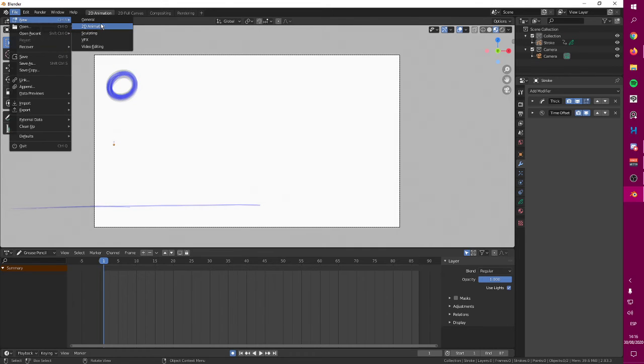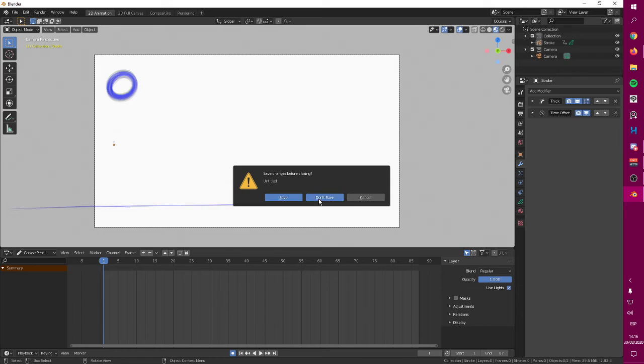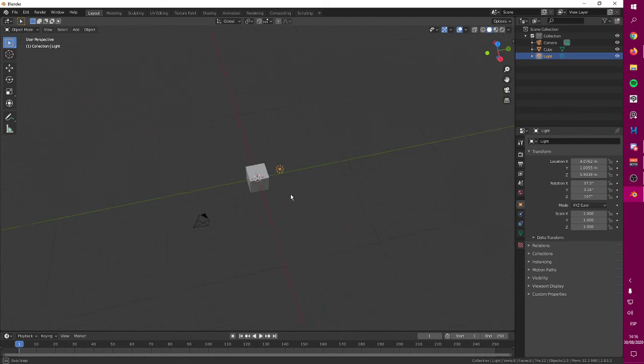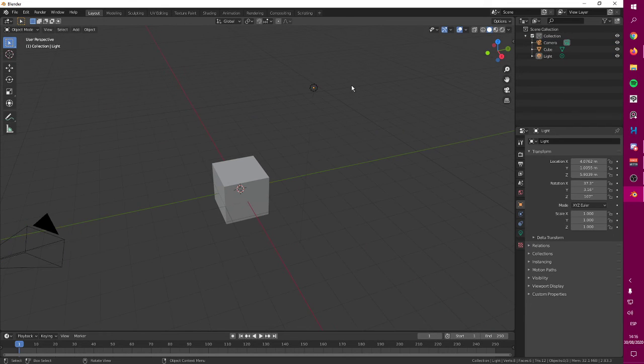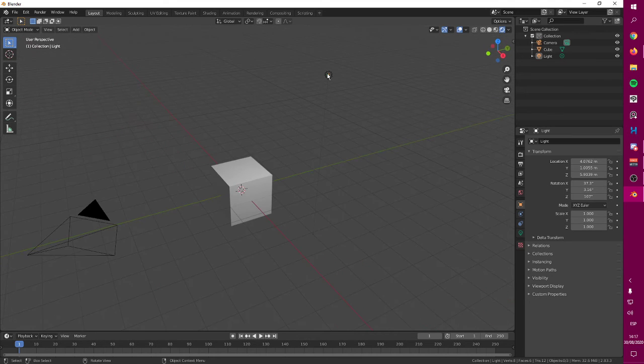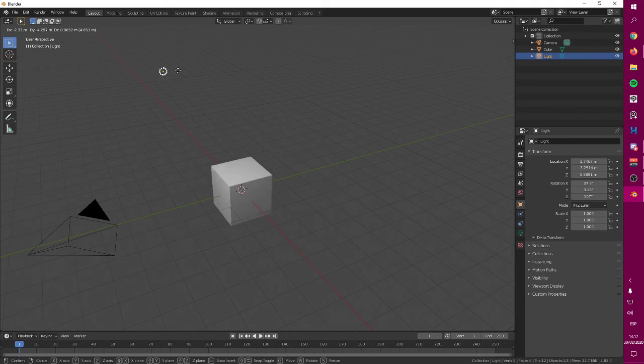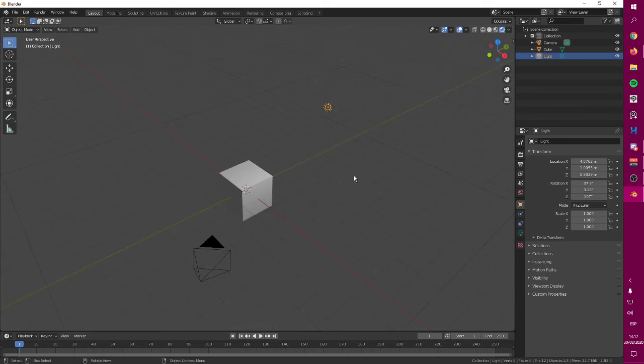One last thing that I want to talk about before I go, and I want to create a new file. You can always start on 2D animation, but you can also start on this general thing. And if you start in here, Blender is going to give you these options. It's going to give you a camera, a cube, and a light. If you go into this mode, you can play with the light. Okay, this is the 3D mode.